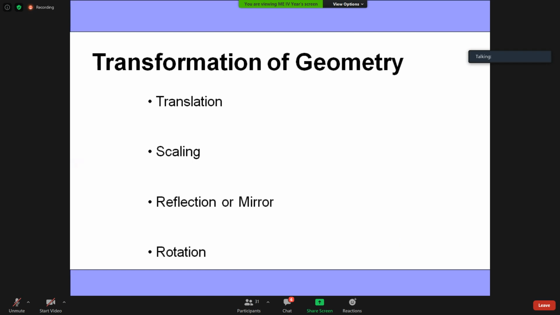Yes, please. Scaling. Vishwanath, Manivandan, Rahul. Sir,